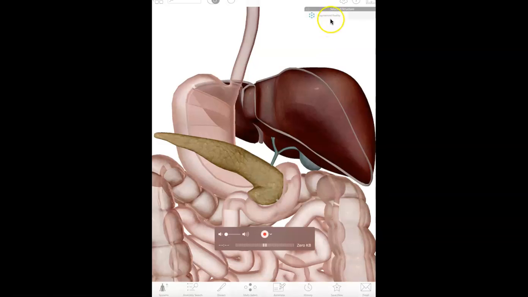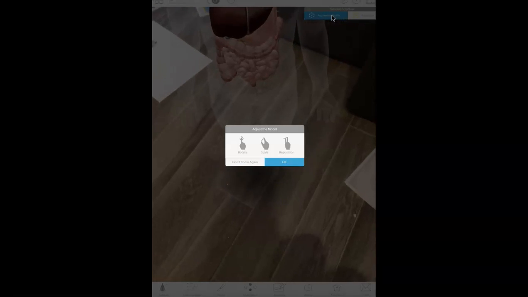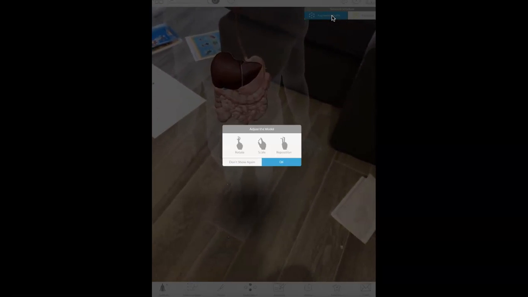There's also this augmented reality. This is what you're going to really use if you have a tablet or you downloaded the app on your phone. I can show you really quick how to use that because I have this popped up on my iPad. I'm going to tap on this augmented reality and it's going to turn my camera on. Don't mind the sheets of stickers everywhere. And it's going to create a